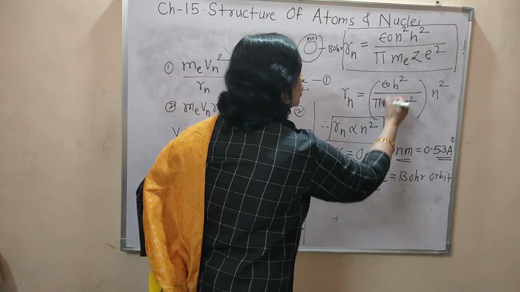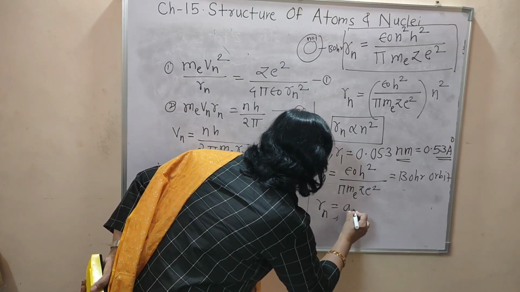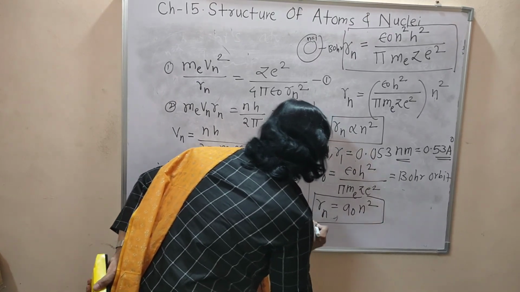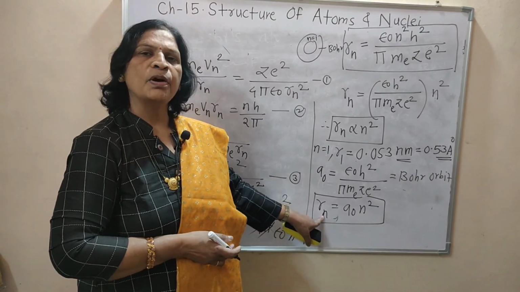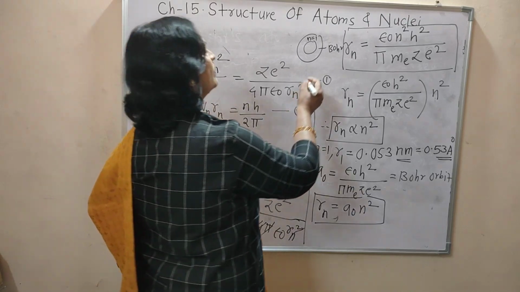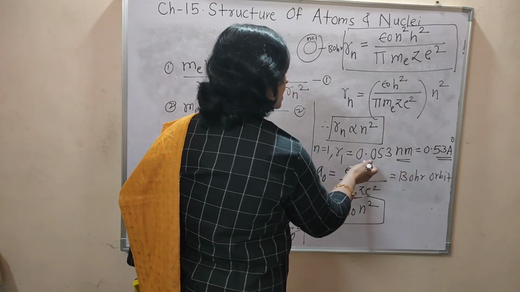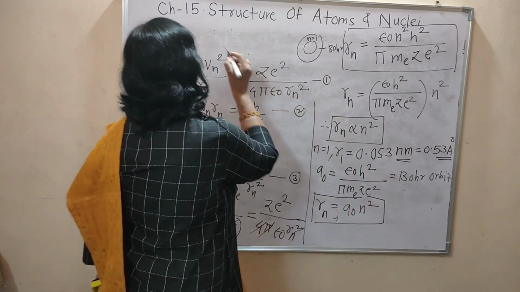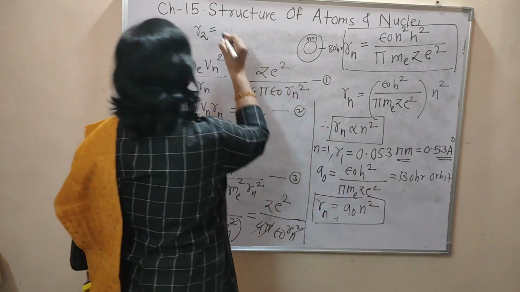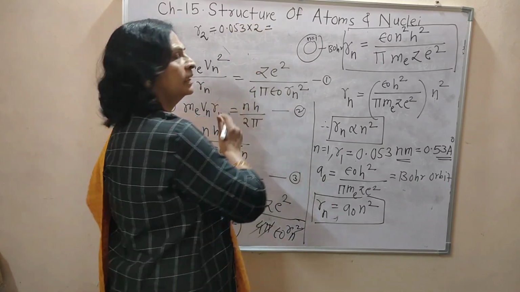And if we substitute this value as A0, then Rn equals A0 into n square. This is the most important formula, and with the help of this formula we can calculate the radius of any orbit. For example, for n equal to 1, the value of A0 is 0.053. Then the radius of the second Bohr orbit is A0, 0.053, multiplied by 2 square,